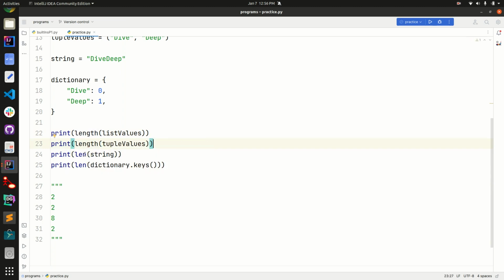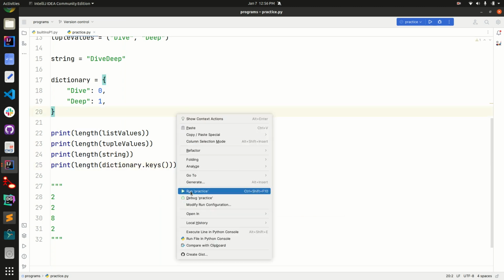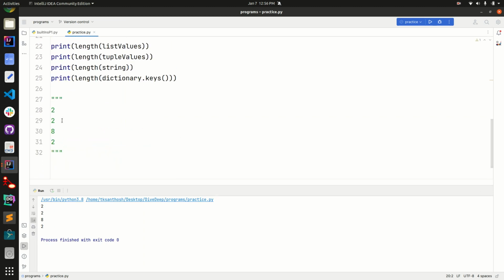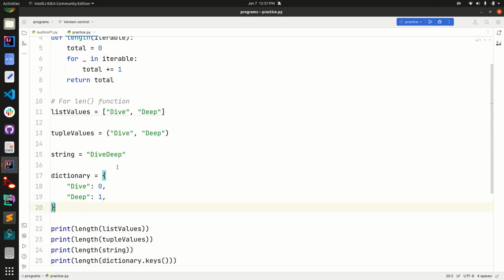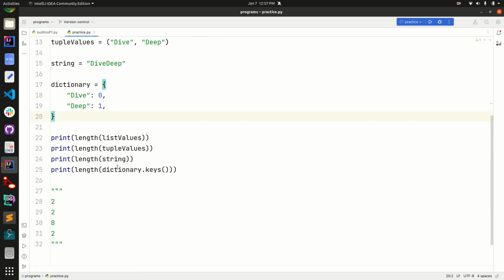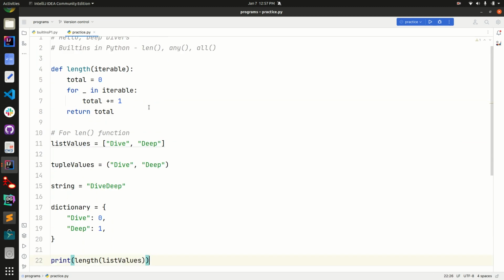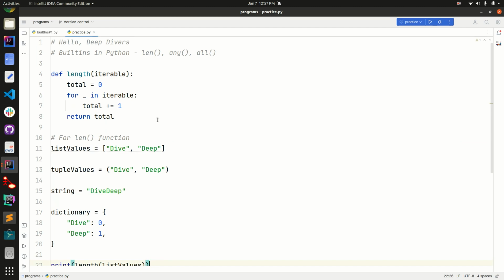Length. Yeah, we got that: 2, 2, 8 and 2. It works fine like the Python built-in function. Keep in mind, we are not calling the Python built-in function, we are calling our custom function.